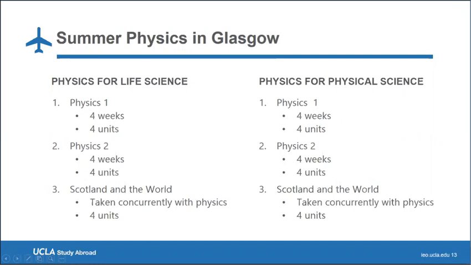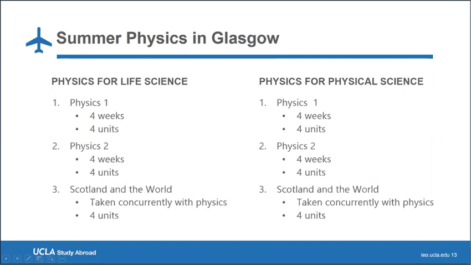You will then, for the last 4 weeks, enroll in Physics 2, earning another 4 units. And finally, the non-STEM elective for this program in Glasgow is Scotland and the World. Similarly to Dublin, you will be taking it concurrently with the physics course. You will earn a total of 4 units, putting you at abroad for 8 weeks for a total of 12